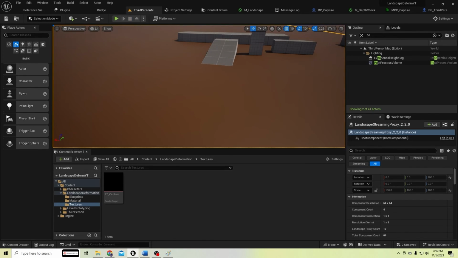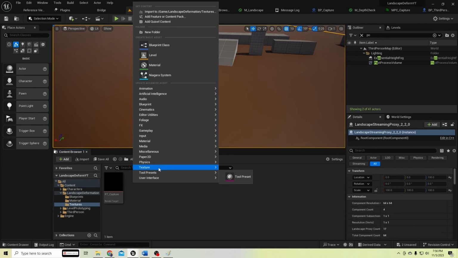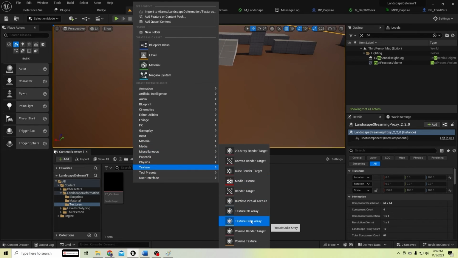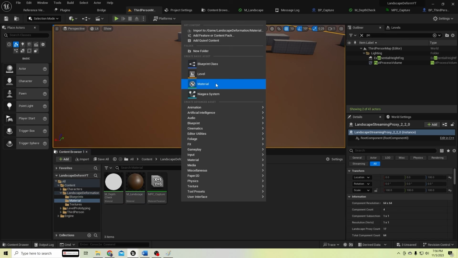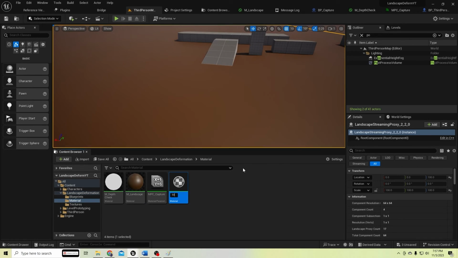To do that, let's create another render texture to store the values, like RT persistent, and we need to create a material for drawing the capture location to the persistent. For that, let's create a material named draw to persistent,